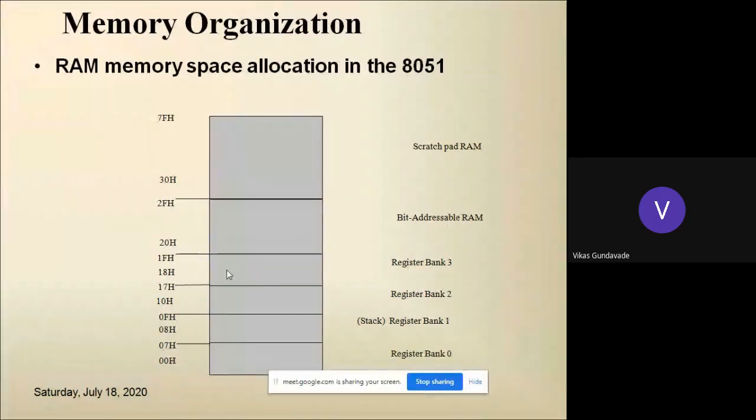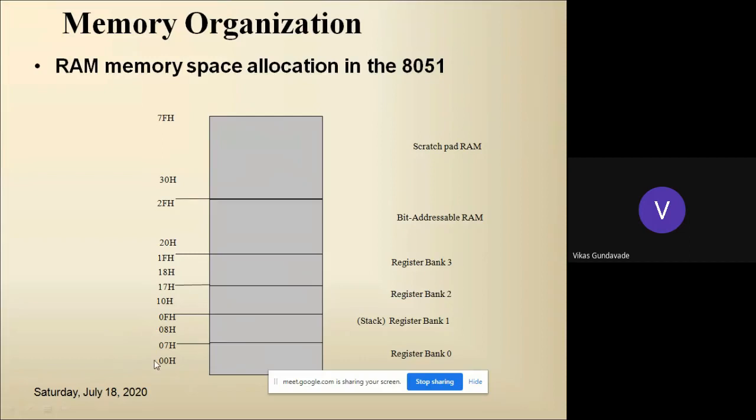So these 4 banks are available here, where every register can be accessed either by setting a specific bank in the PSW register, or even if we want another register from a different bank, that can be accessed indirectly by pointing to the address location of this bank.